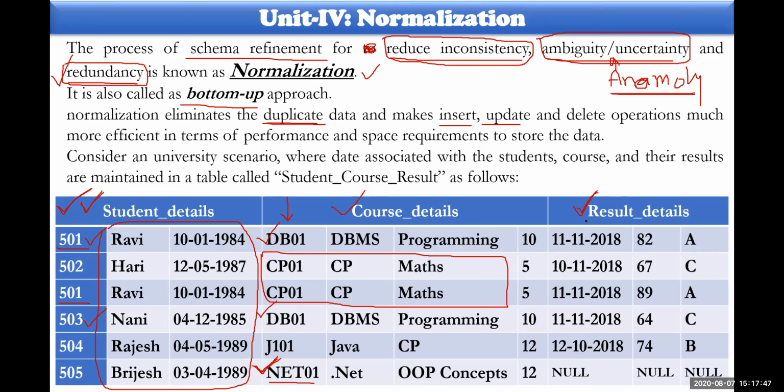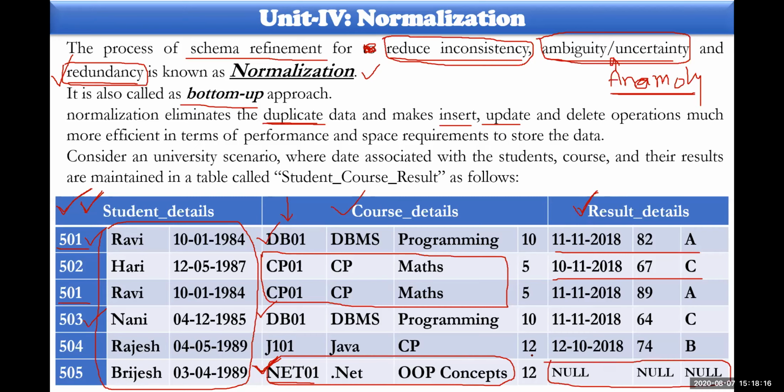And here, if you consider the results, they have joined and written the examination, so they got the results here. And this so-called course was actually not available with the institution at that moment, but now it has been implemented. So .NET is also taken into consideration, but the examination was not conducted for that particular student, 505, that is British. So there is no examination information here. You could observe all these issues coming to the picture through this particular database.